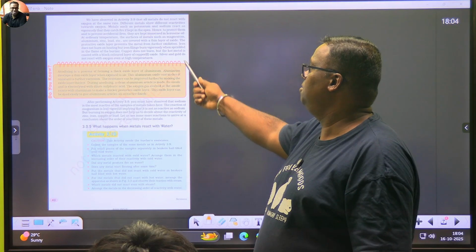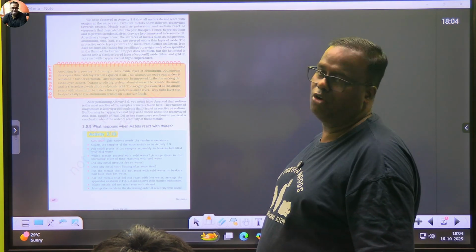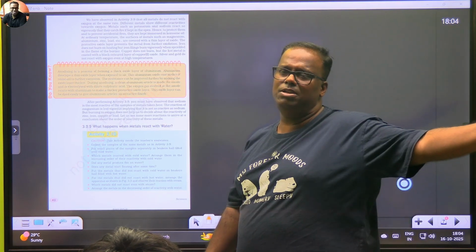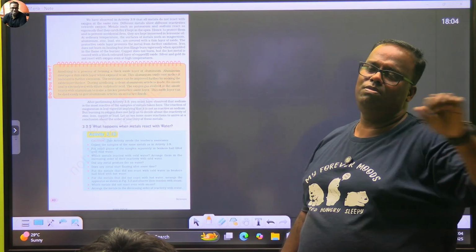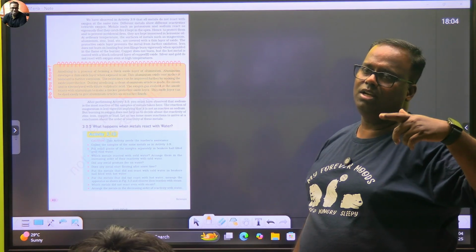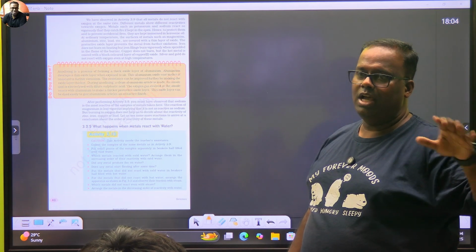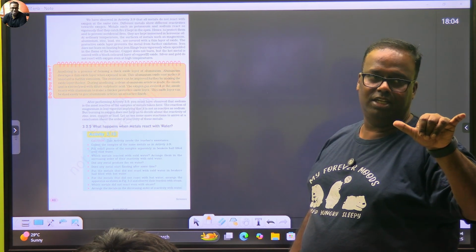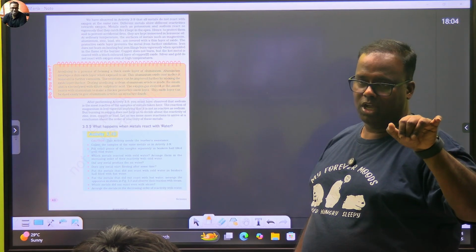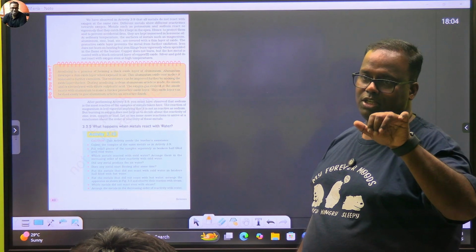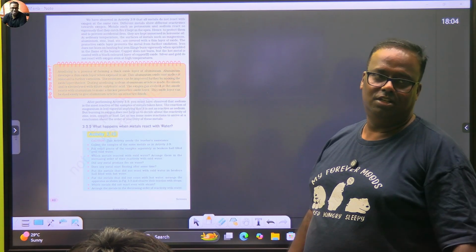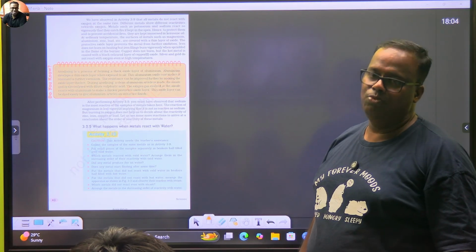Copper does not burn, but the hot metal is coated with black color of copper oxide. See any AC pipe, all AC pipes will have green coating. Green coating is due to copper carbonate and the black coating is copper oxide. And the rusting of copper is a combination. You have learned in grade 8. Copper carbonate and copper oxide together is known as the rusting of copper. You won't see only one color.